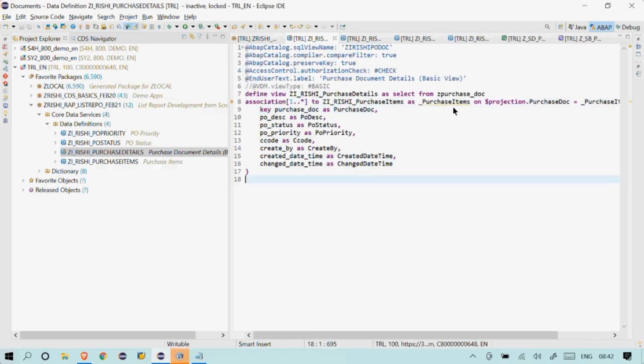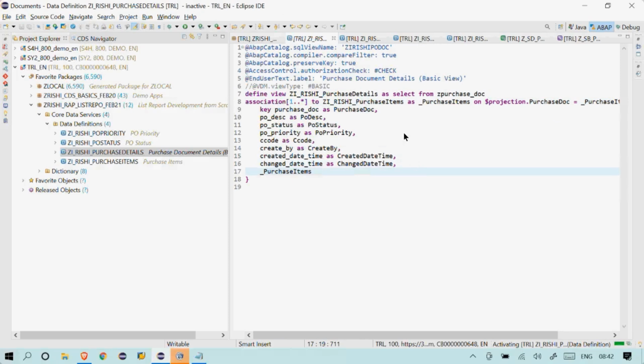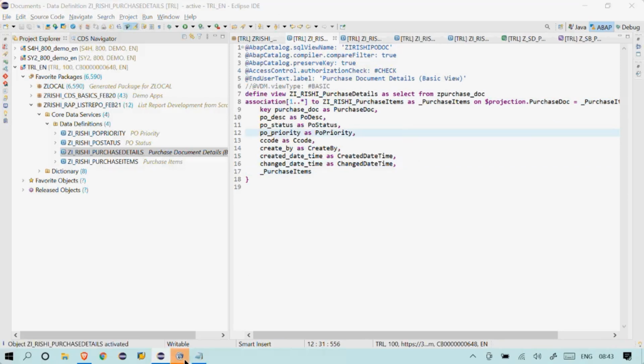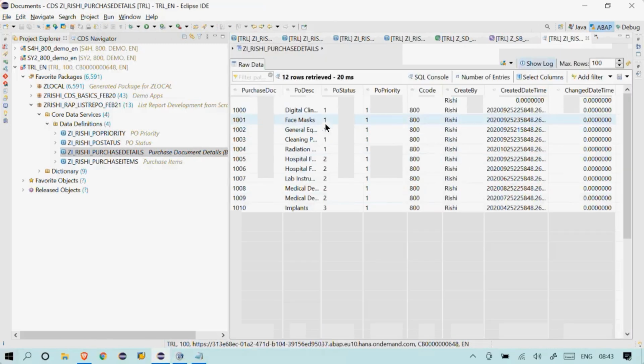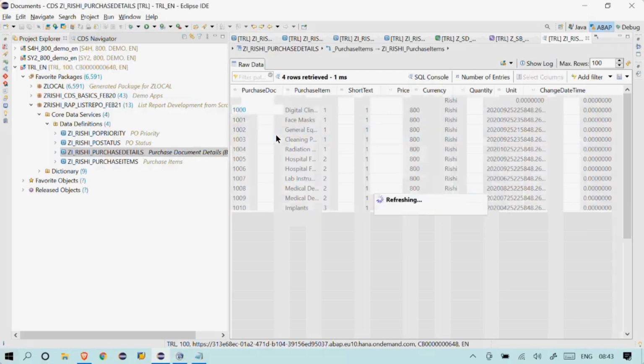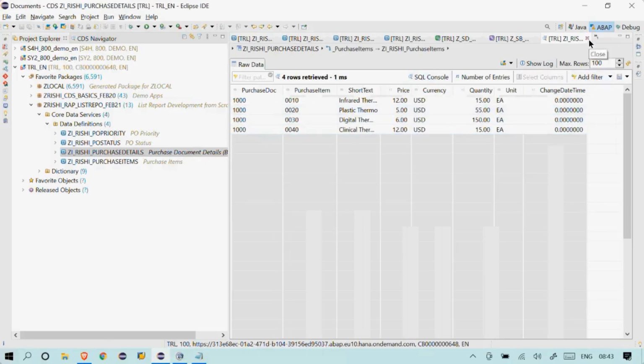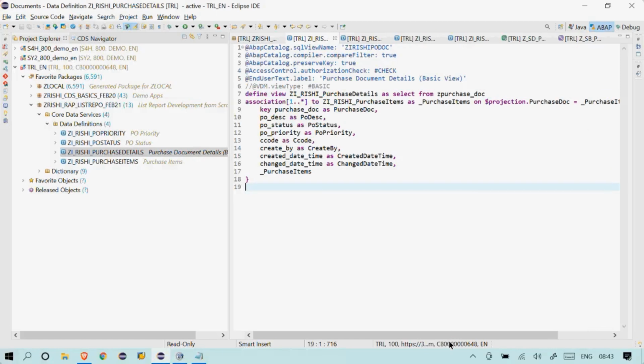Save this one. I'm getting a warning that the association is not used. So let's make it reusable and expose this in my CDS view and activate. I'll do F8 to check whether the data is coming or not. I also test my association. For this 1000 purchase document, is there any item available? Yes, there are some items.